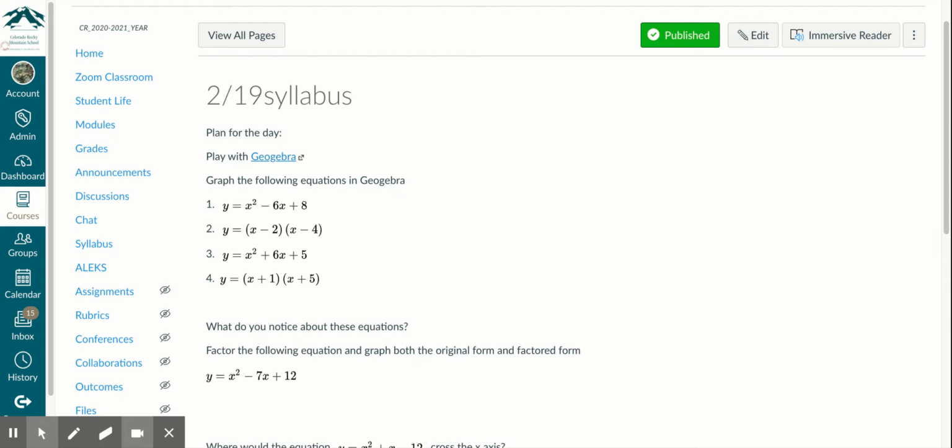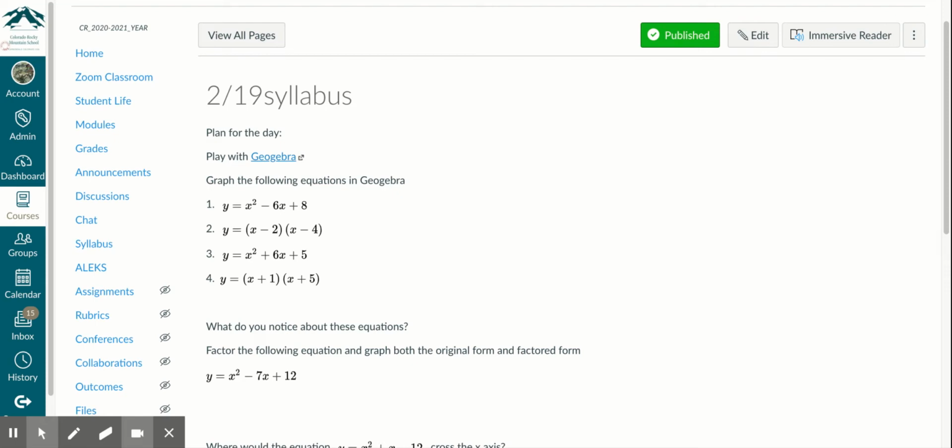Y equals x, Shift 6 is the caret key, squared. And then you'll have to arrow to the right a little bit, and then minus 6x plus 8. So that's my first equation there. The next equation we want to graph is y equals,